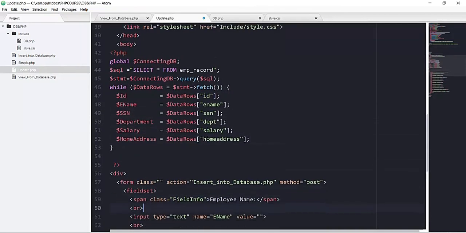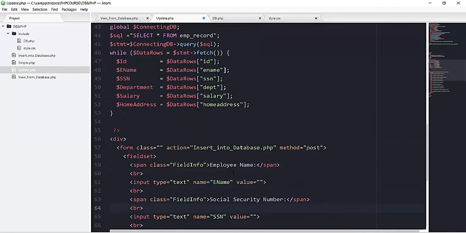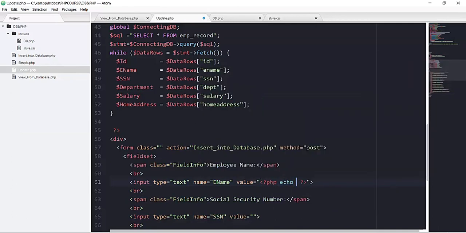So now I can simply echo these variables inside my form. So first of all, you can see we got this field of employee name. So in the value, I will add one PHP scope and I can echo this variable of ename.